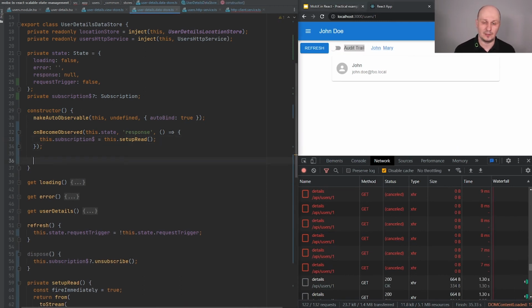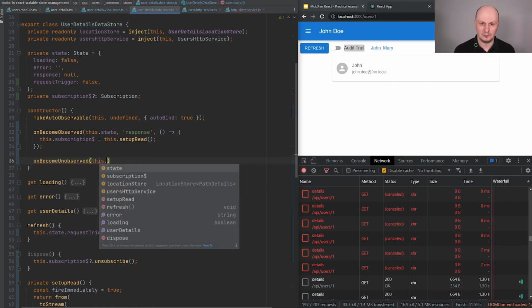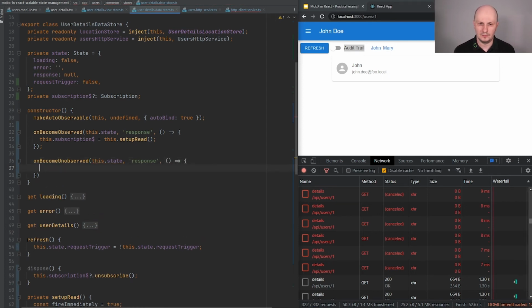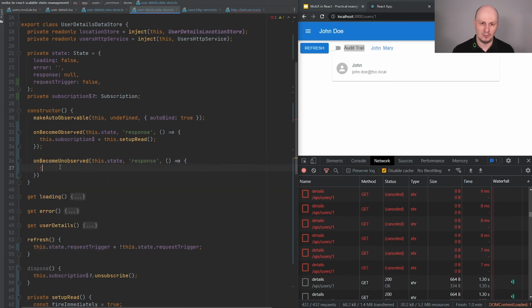All right, we have another tool, onBecomeUnobserved from MobX, which works similarly, but the opposite way. So if this response property has been unobserved, then this callback is executed.